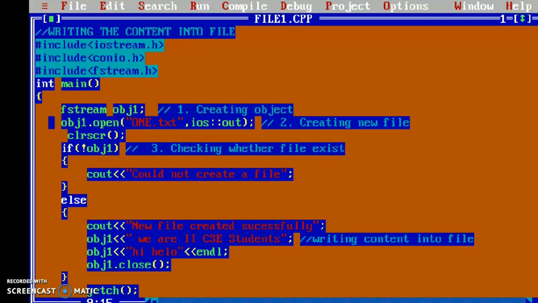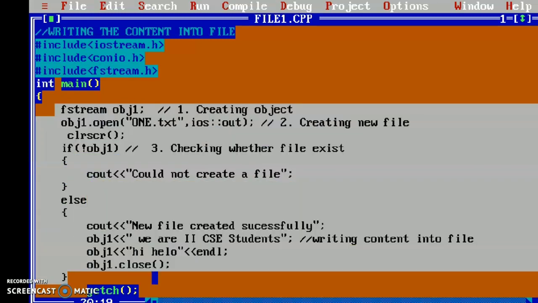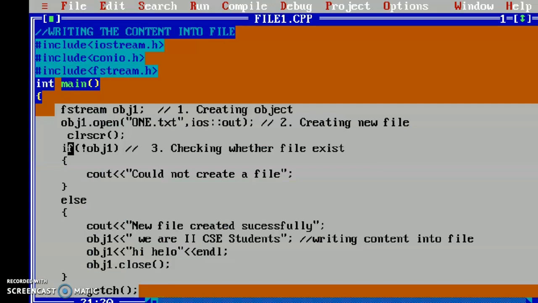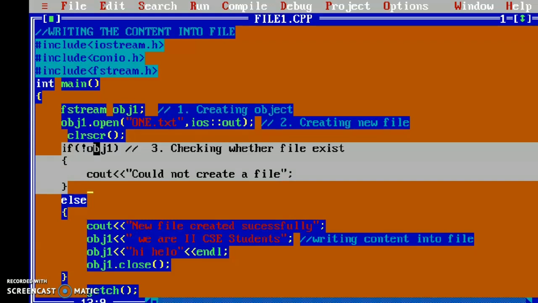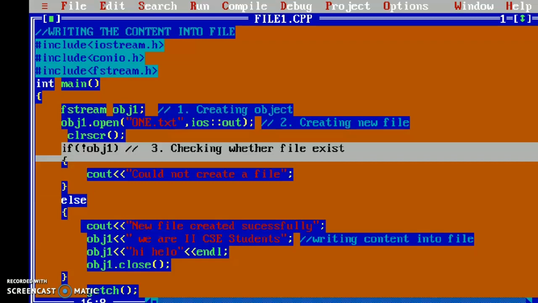So next, clrscr, clear screen. Here we have to check whether the file exists. If the file exists only, we have to write the content. That's why we always have to check the condition. So we use the syntax if not of object 1. This condition is used to check whether the file exists. If it does not, we can write the printout statement, could not create the file. Else,